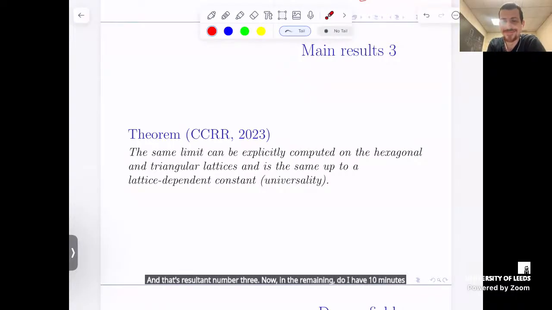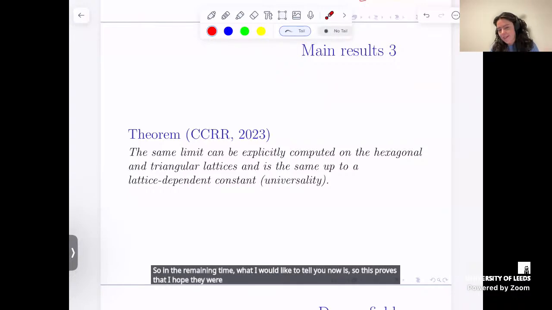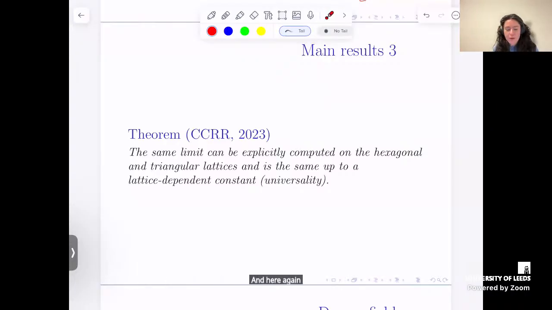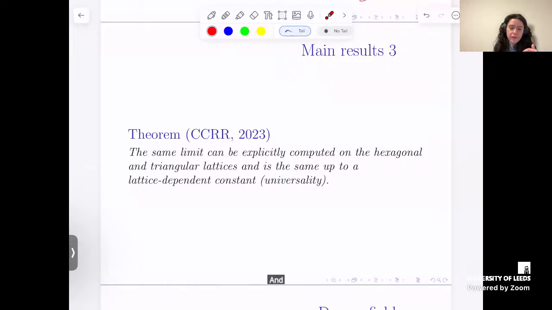Okay. So in the remaining time, what I would like to tell you now is, these proofs, I hope they were believable, but there were quite a bit of computations that I was sweeping under the rug, first of all. But I wasn't showing you explicitly why or where you need to control the transfer matrix for these type of computations. And what I wanted to do in the remaining minutes is to show you how this approach works and